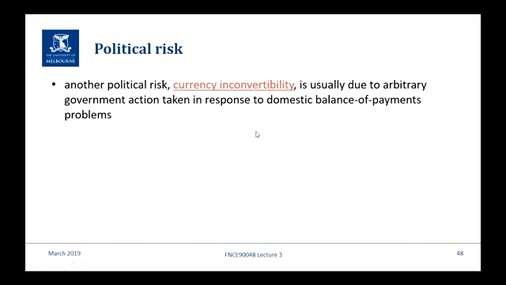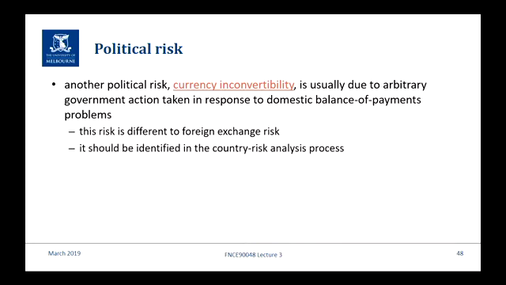Currency and convertibility, I've already described in the context of you generate a whole lot of your revenues in a non-convertible currency, and the government don't agree to convert it into hard currency like US dollars or euros or pounds. But really, it's different to foreign exchange risk because it's just the inability to actually do the exchange rather than the fluctuation in the exchange rate. Now, you shouldn't really get caught by this because you should be able to identify fairly readily where you're going to do a project, whether this could be an issue. Mitigating it's hard though.